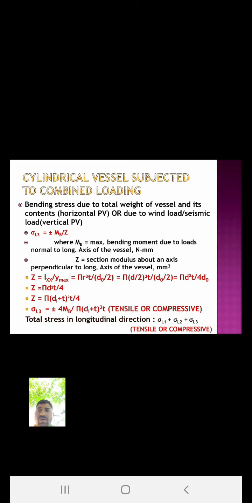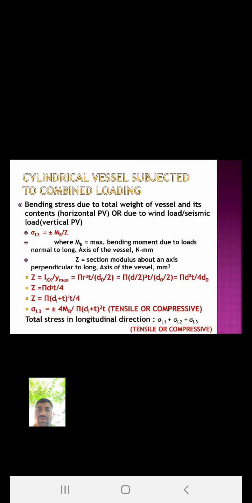It is the ratio of the moment of inertia about the x-axis to the maximum distance from the centroid, denoted by y max. What is the moment of inertia about the x-axis? If you consider the cylinder, in a circular section you will get that value,